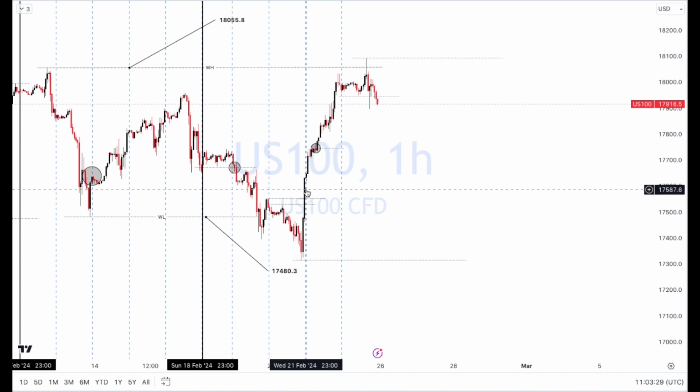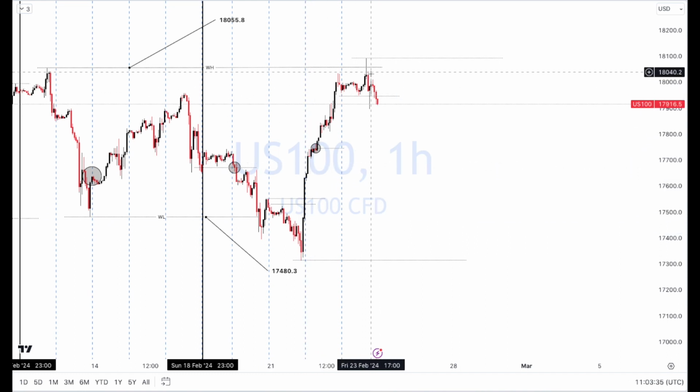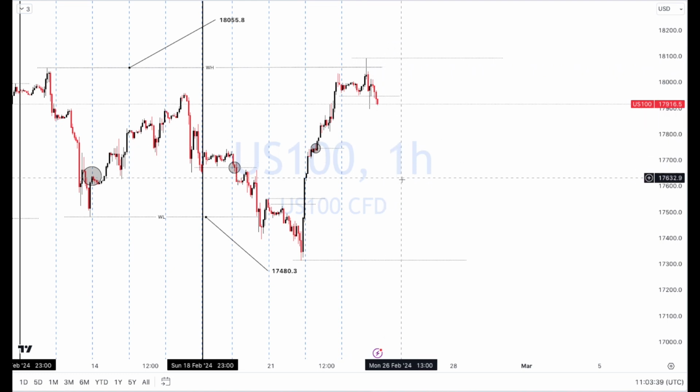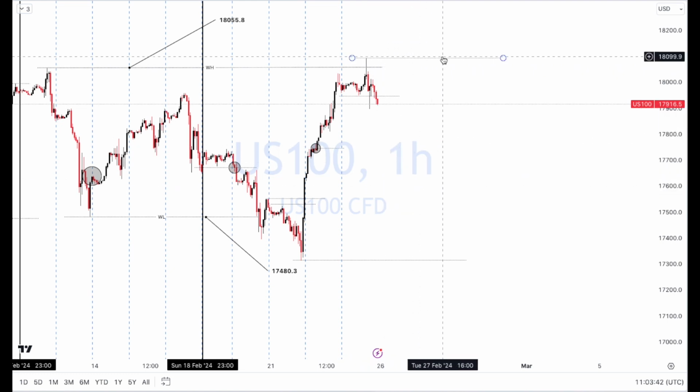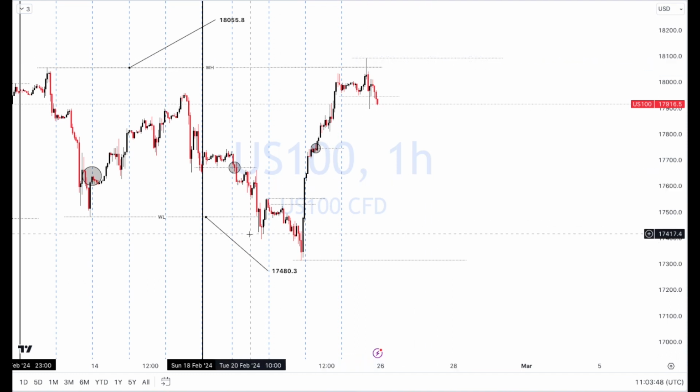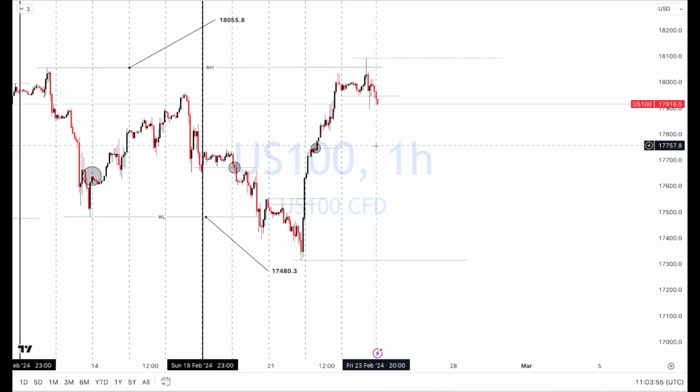Okay, so there's a few in this area right here, fair value over here, and there's one over here, and there's another one up here. So we've got a few areas of fair value where price can actually fly all the way down, tap into that and go up, because it's basically said it kind of wants to go up, but at the same time it gave us a really strong break on the weekly low side, to say it wants to come down, right? So at this point next week, depending on how you want to play it,